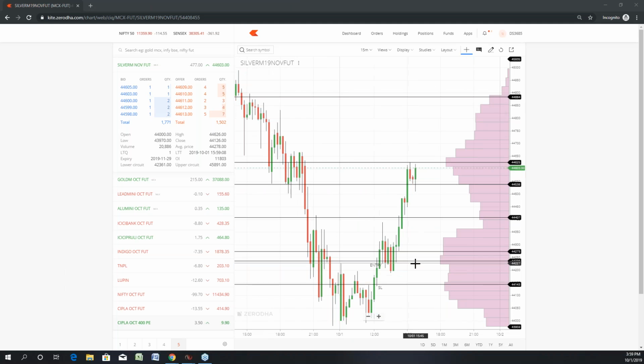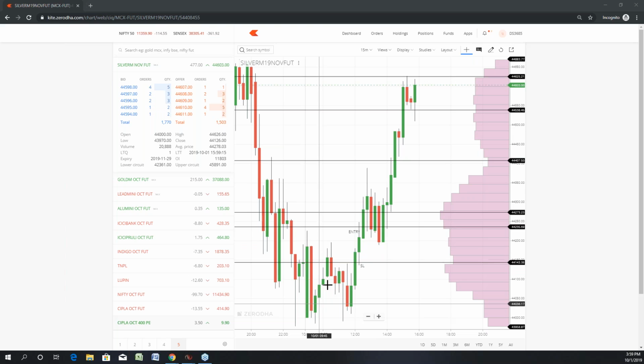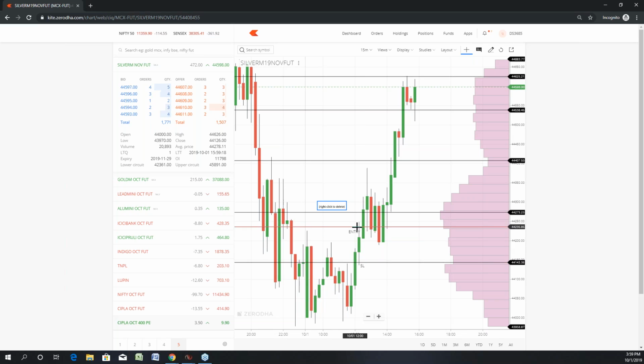So see here, this is silver, right? It made a double bottom and my entry was at this point when the high of this candle was broken, right? At roughly about 44,235, a little below, I could manage to get it somewhere here. Although ideal would have been above this, right? Ideal would have been above